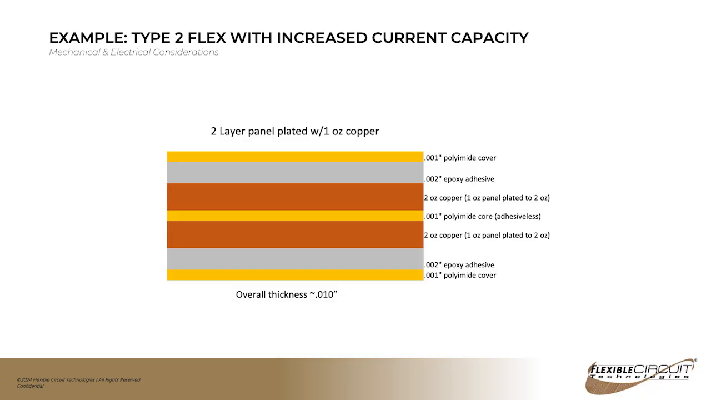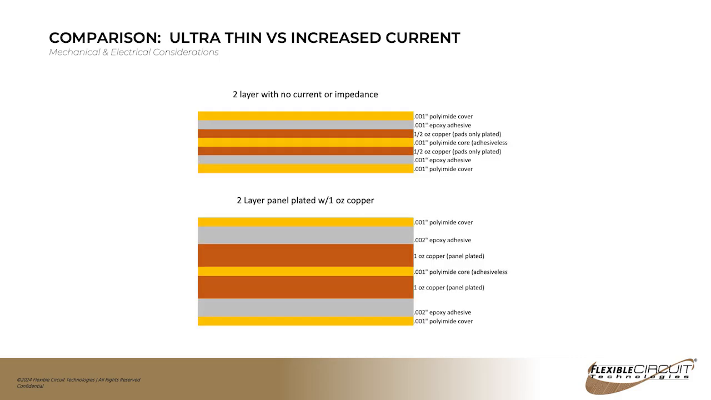But you can see on the outer 2 cover layers, we now have 2 mils of adhesive instead of 1 mil of adhesive. So overall, we're now up to a 10 mil overall thickness instead of a 6 mil overall thickness. So we increased our overall thickness by over 40% just by increasing the current capacity of the circuit. And this is an animation of the 2 stacked up side by side showing the scale. You can see there is a significant difference in overall thickness that ends up as the result of the increased